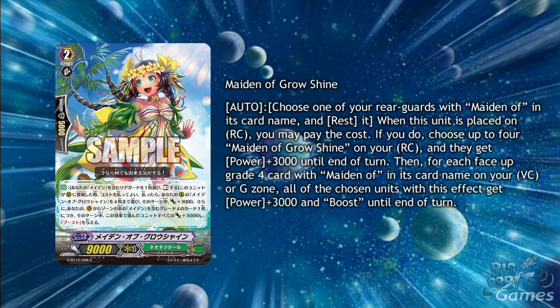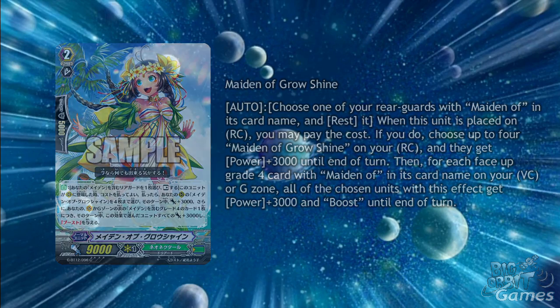Then for each face-up grade 4 card with Maiden of in its card name from your Vanguard circle or G-Zone, all of the chosen units with this effect get plus 3000 power and boost until end of turn. This is very similar to Bloom, which seems odd. It does help a lot as Maidens of tend to have a lot of on-hit units. I hope that they focus on other things than Bloom though,